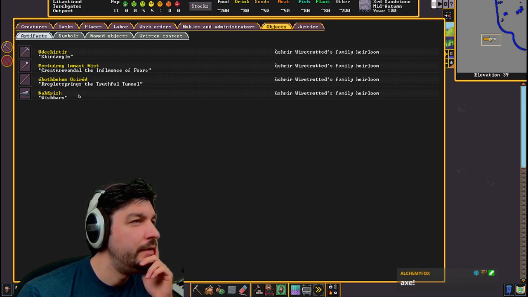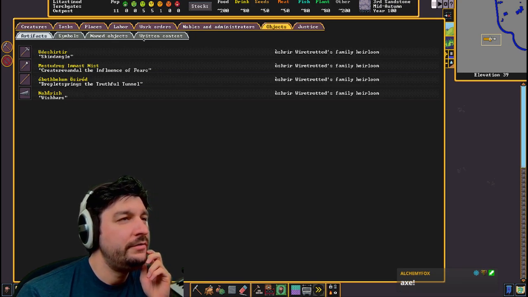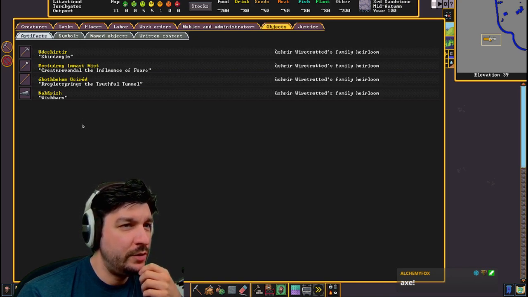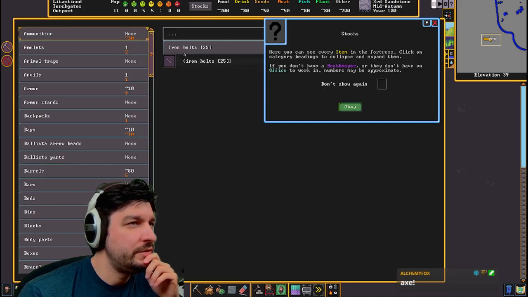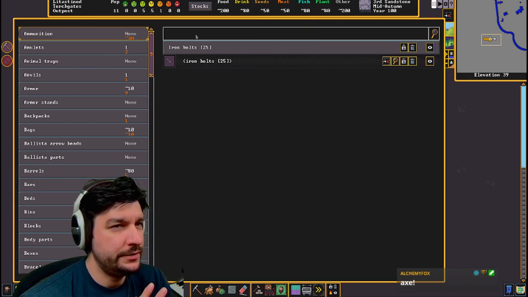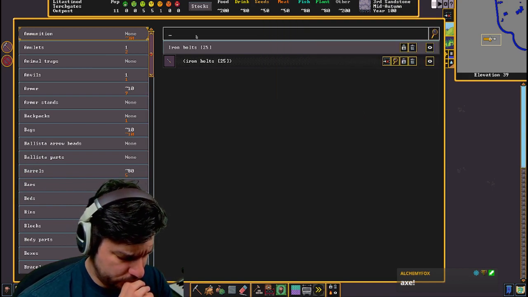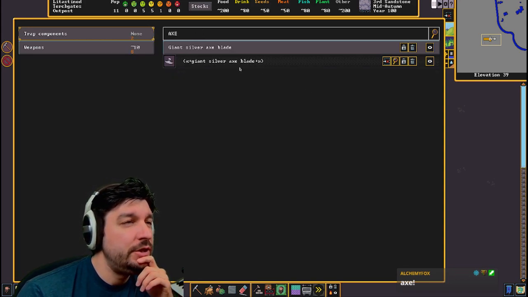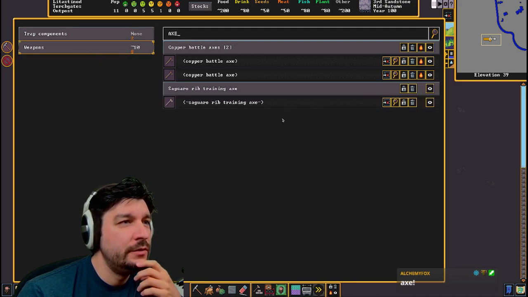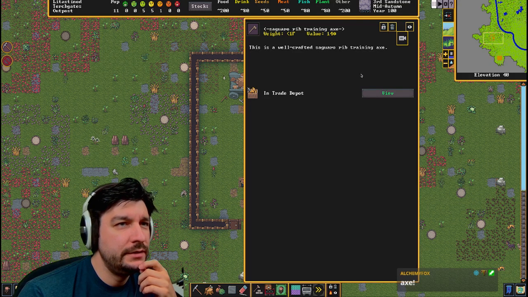So, there are artifacts, such as the family heirlooms. Look at the stocks. Try and find axe. Giant silver axe blade. Weapons. Here we go. So this object,